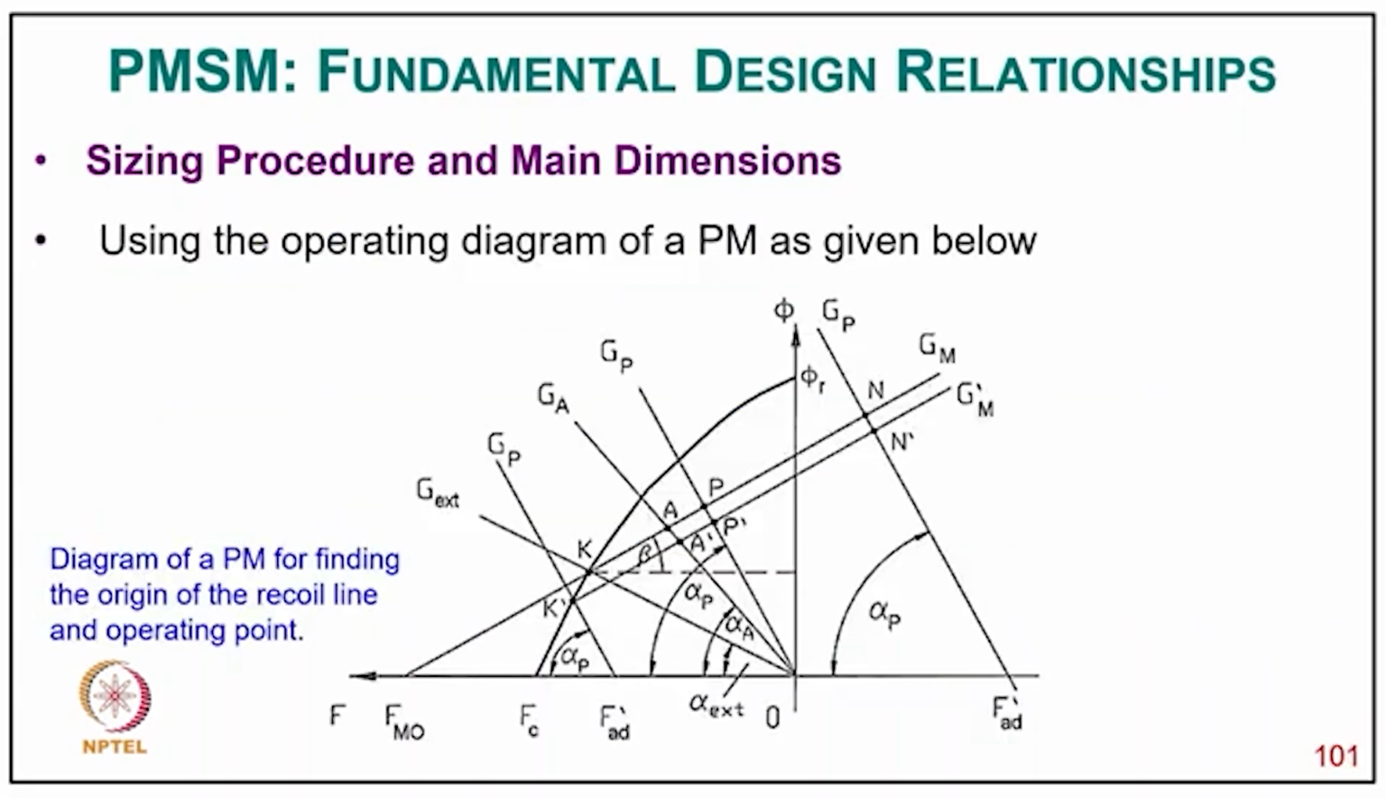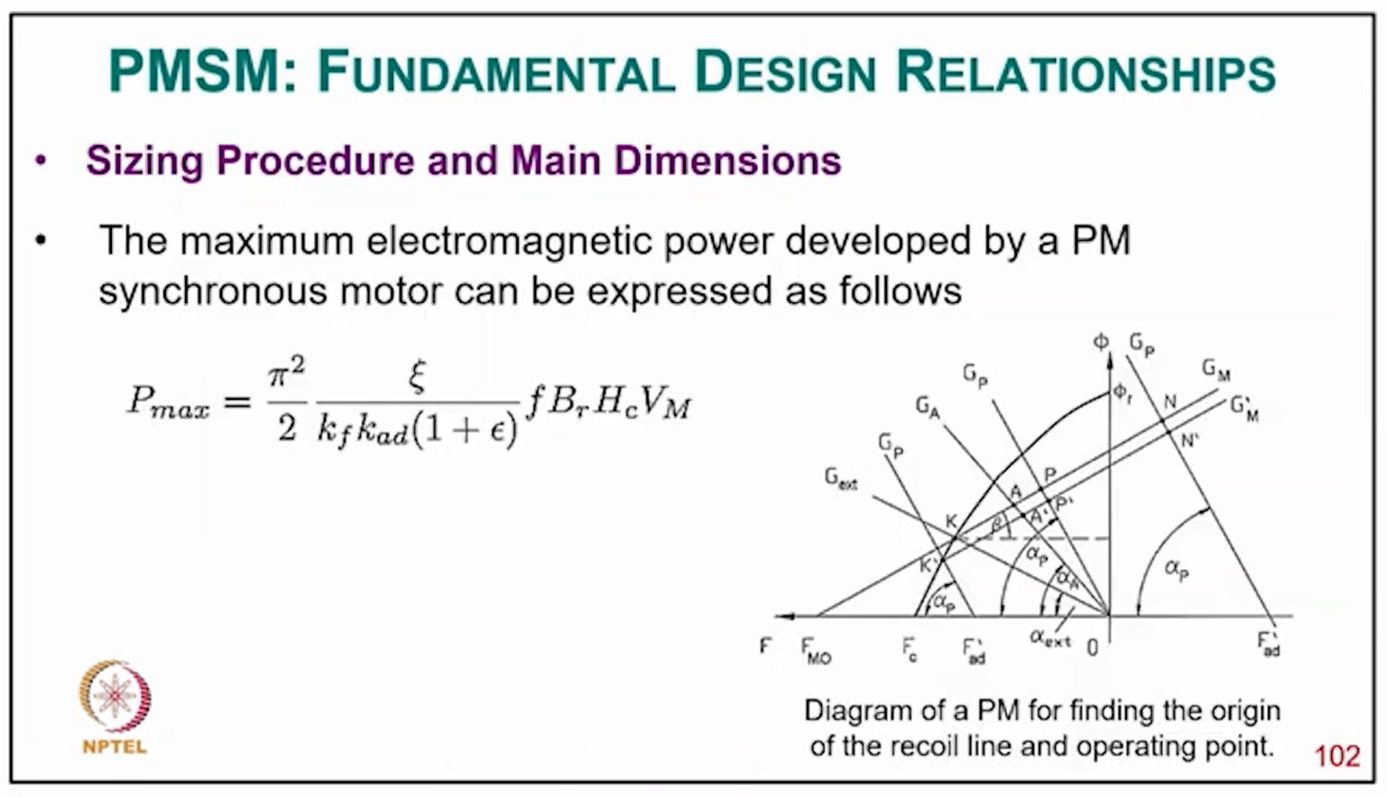Here we can recall the operating diagram of the permanent magnet in the second quadrant, given here. This is the diagram of the PM for finding the origin of the recoil line and the operating point. The maximum electromagnetic power developed by a PM synchronous motor can be expressed as follows: Pmax equals pi squared by 2 into eta divided by kf kd (1 plus eta) f Br Sc into Vm,